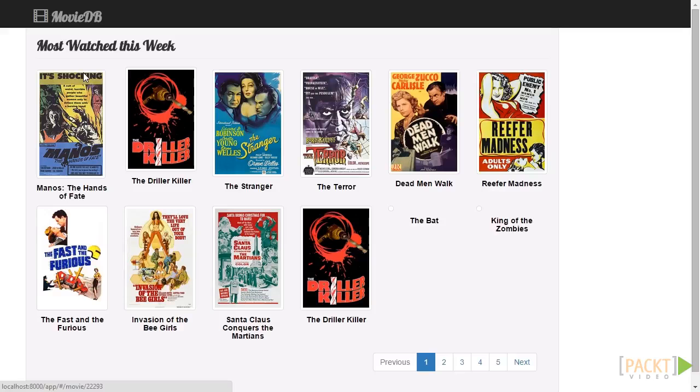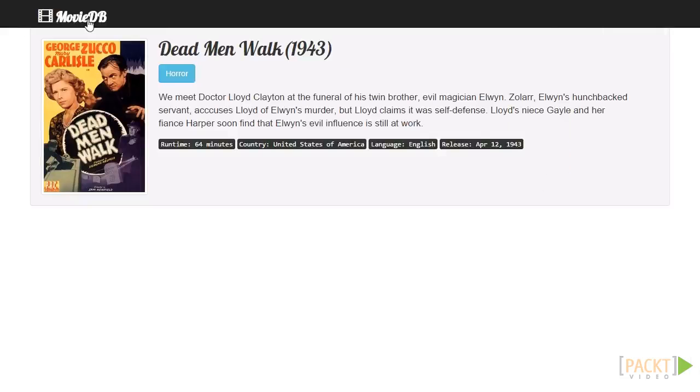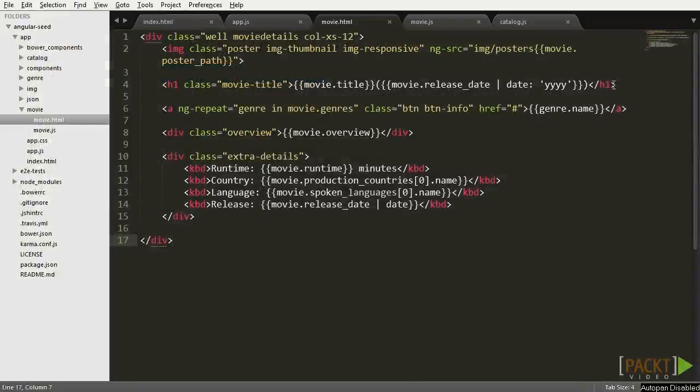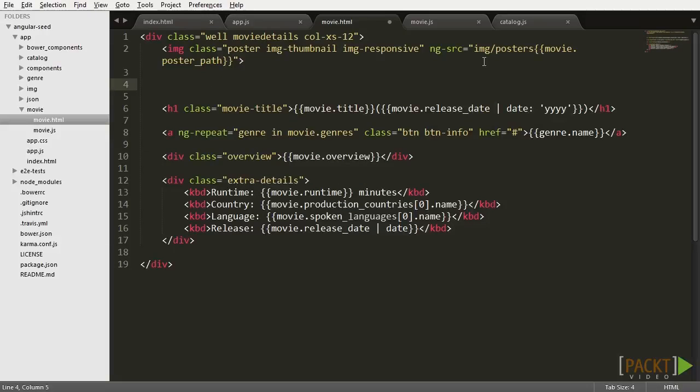Now you can see a few of the other movies and they're all looking nice. You know what would help here? A return to catalog button. Let's go back to our movie.html. Let's add right under the image a link, class return-link, that will point to hash,